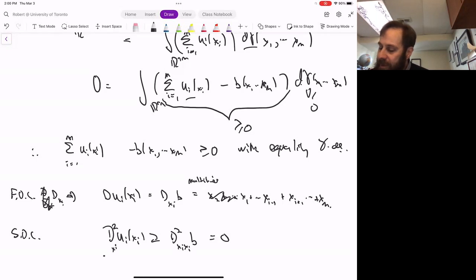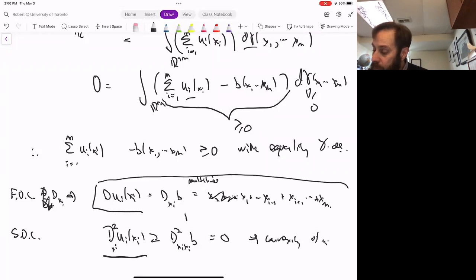So this is, in some sense, telling us convexity of ui, which we already knew, that we could choose ui to be convex. So we don't learn so much new from the second order condition, but we do learn the first order condition, and this holds provided